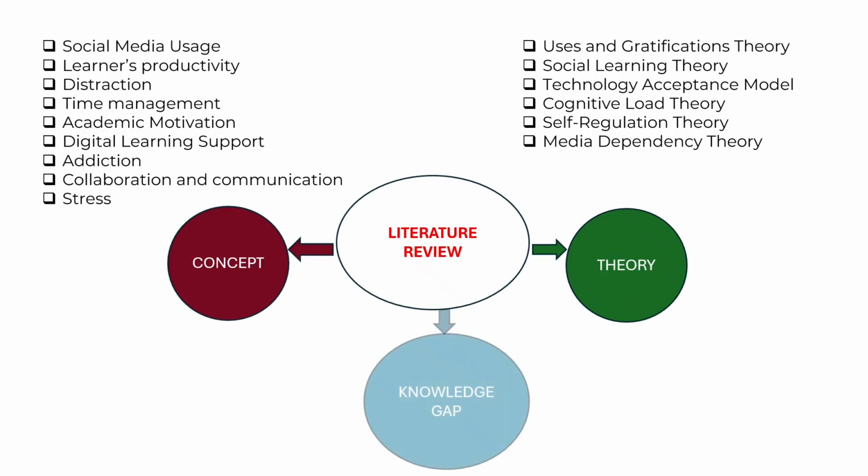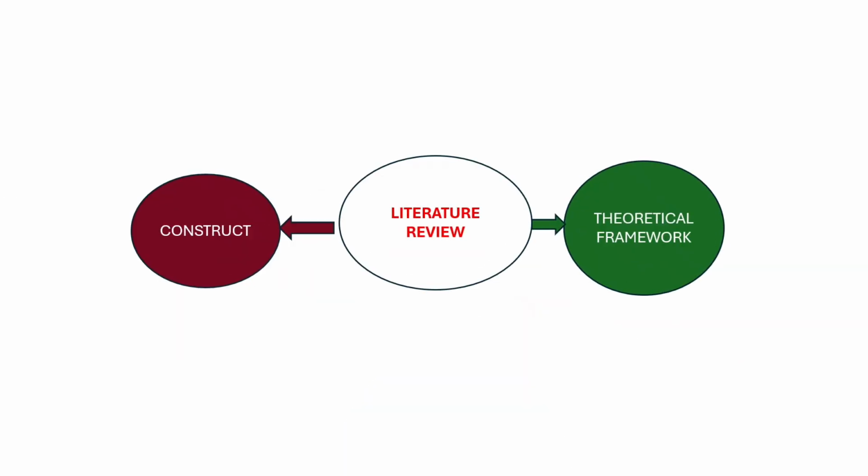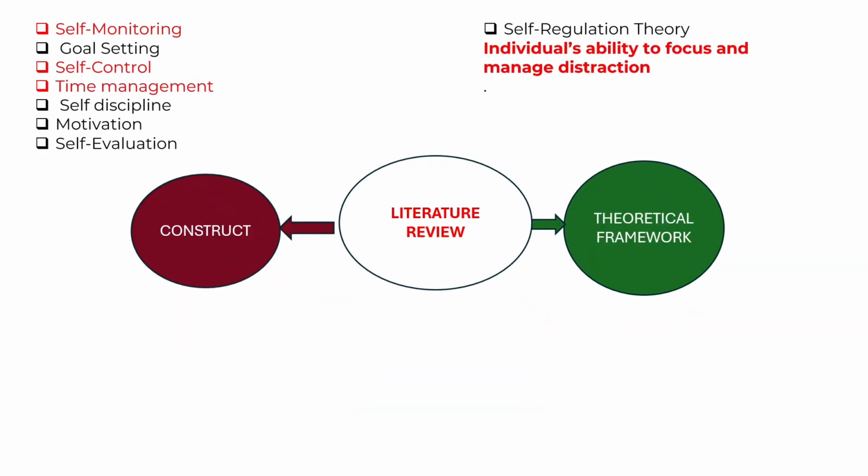I identified a lot of studies, but there is something that is still important within your study, which is the knowledge gap. Whatever gap you identify will determine what theory fits particularly to your study. The knowledge gap will help you identify the most suitable theory related to your study because that is the aspect you're looking at within the subject area. I decided to use the self-regulation theory because it can help me investigate individuals' ability to focus and manage distraction. And the knowledge gap would form your decision on the kind of theory you're using.